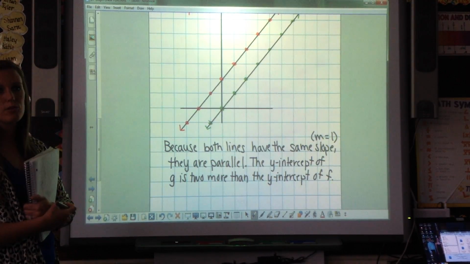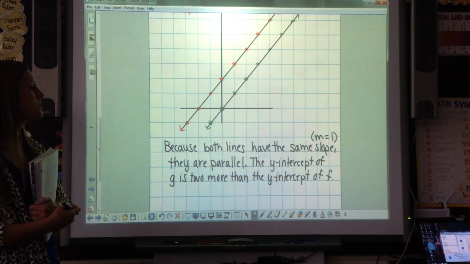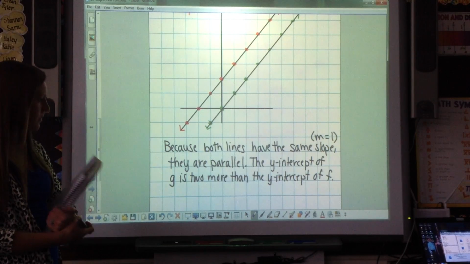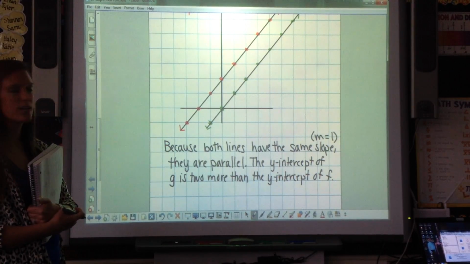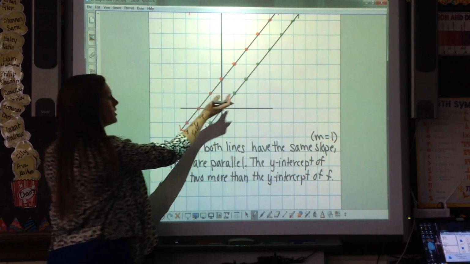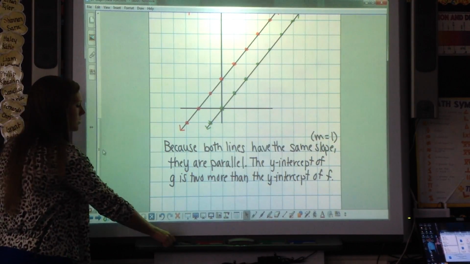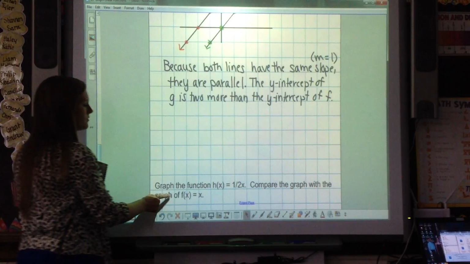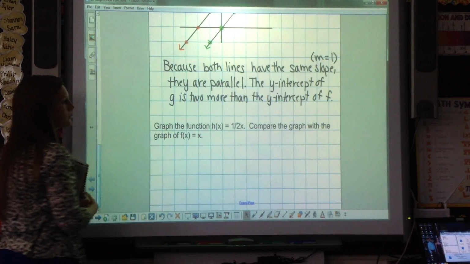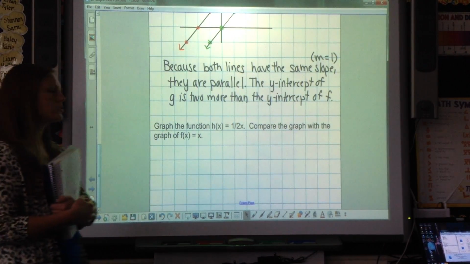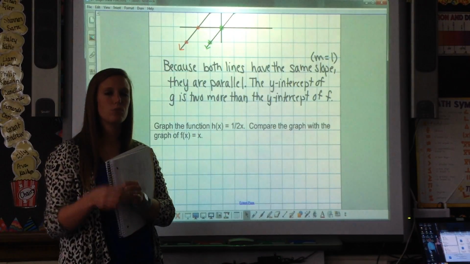Taking this a step further, if you remember our transformations, this is a translation. Your line is moving from one place to another. We're going to be talking about that later on in the year. Okay, now it's your turn. You're going to graph and you're going to compare, and you're going to write 2 sentences about it. If you've noticed in both of the problems,